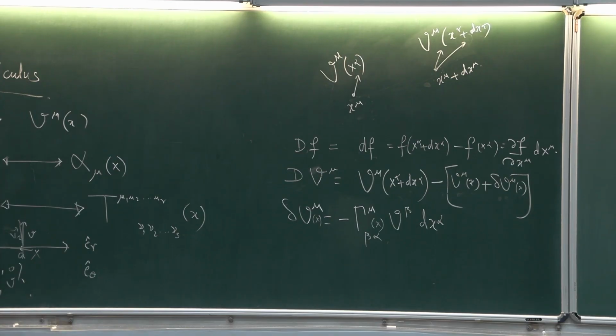So, the minus sign I have introduced so that when I finally do all the calculation, it must agree with the standard definition of this gamma mu alpha. Okay. So, in other words, purely from mathematical reasoning and continuity and the idea of infinitesimal thing, we know that